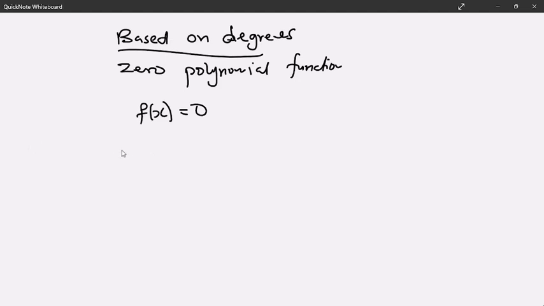Then we also have linear polynomial functions. Okay, so if a function has a degree of 1,